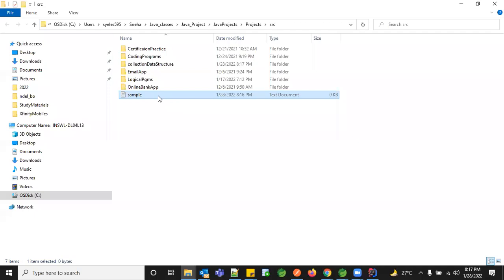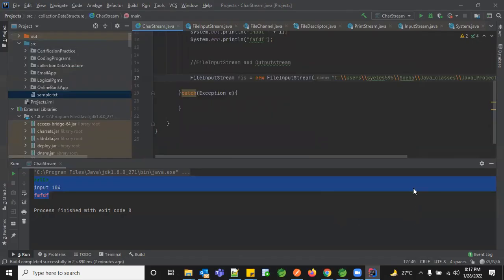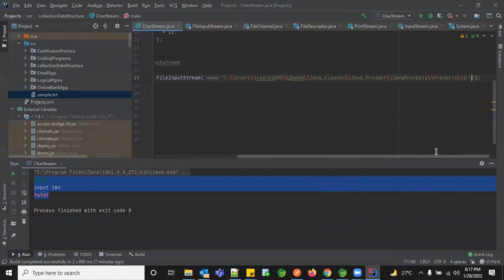Double slash is for escaping, right? Yes, it's escaping the path. I can remove it later.